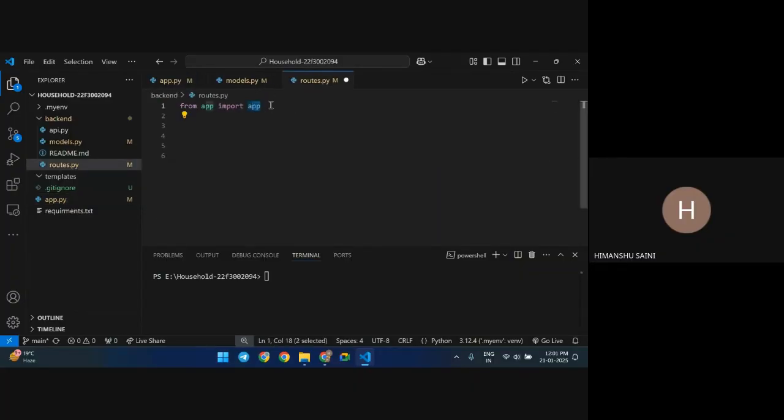Now we have imported this. Now we can create a route, app.route, slash home, methods equal to GET. I'm specifying the method that is allowed in this route, and I'm creating a function and returning